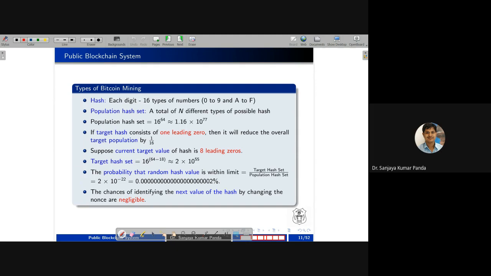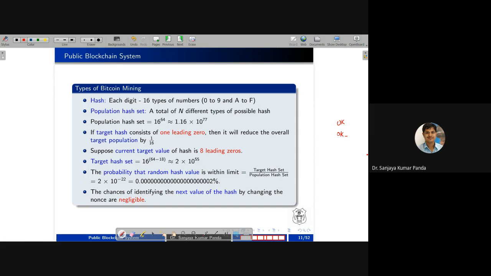Now, if you consider the hash set, like all possible hashes, if you do a small change, you can see that the output is also going to change. Like if I write OK, and then if I write OK with a space, the hash value is changed. But the total number of hash digits is